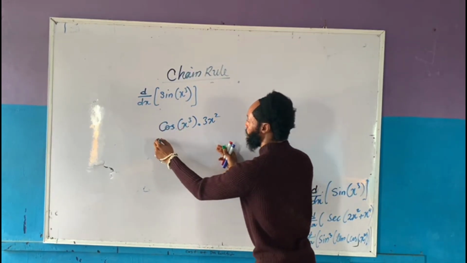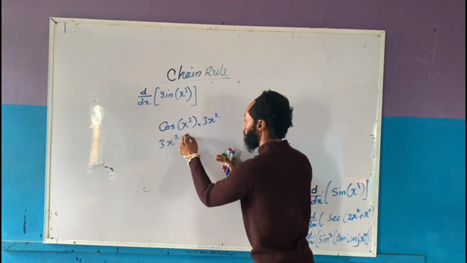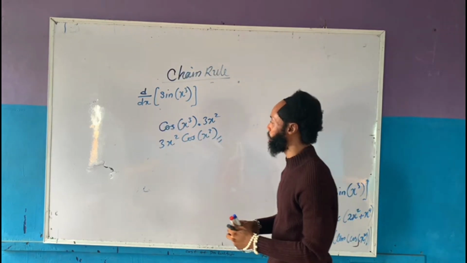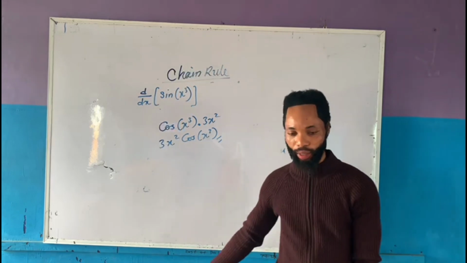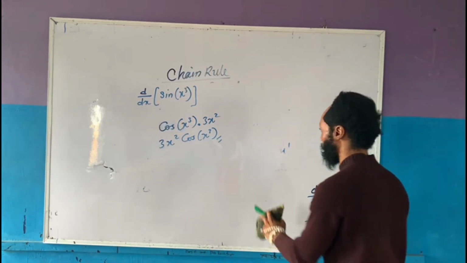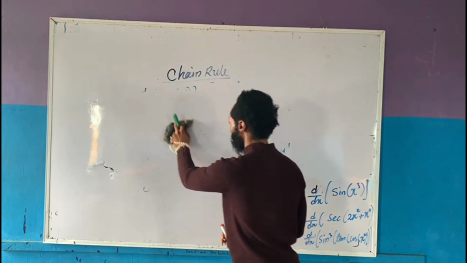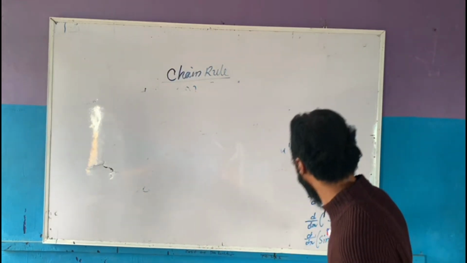Now this is our answer. 3x squared cos x cubed. And that's our answer, the differential value for this expression. That's it. We take the next one. We have another question there. This is the value. So we have d/dx